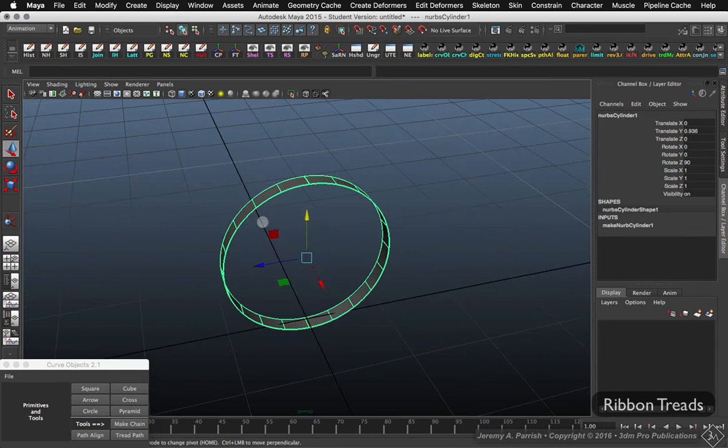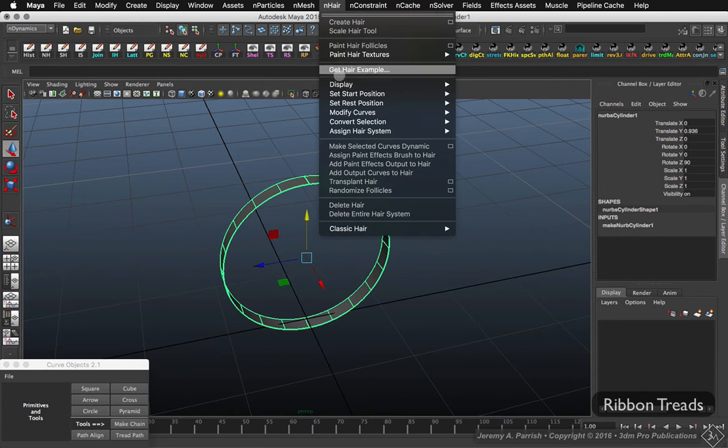Okay, so now you have your cylinder and you've got your 20 different spans. So now you need to actually create follicles around it. And so to do that, you need to go into nDynamics, and under the nHair menu, you need to go to the Create Hair option box,